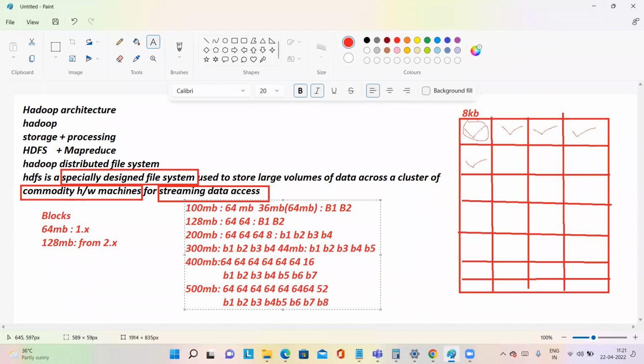So no matter how big the file size is, it will be divided into a number of blocks. From this observation, you can conclude that if there are n blocks, n minus 1 blocks are always equal to the default block size. Take for example the last one: 8 blocks, so n equals 8. N minus 1 is 7, so B1 through B7